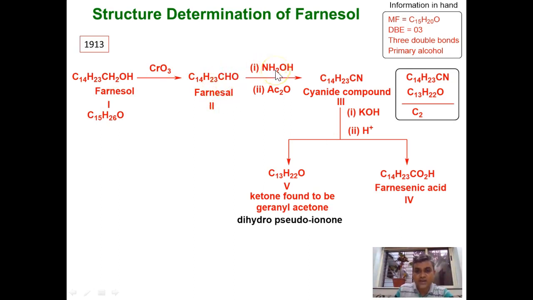Farnesal on reaction with hydroxylamine forms an oxime, and this oxime undergoes dehydration in presence of acetic anhydride and we get a nitrile compound, or a cyanide or cyano compound. And this cyanide on hydrolysis gives us farnesic acid with the same number of carbon atoms. But during the same experiment, we have got another product with 2 carbon atoms less than that of the starting material,